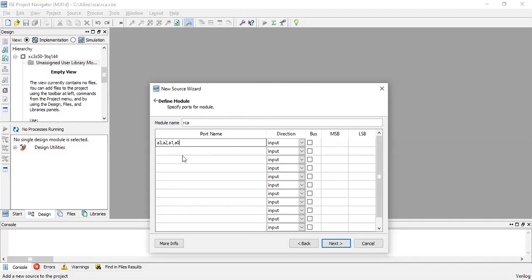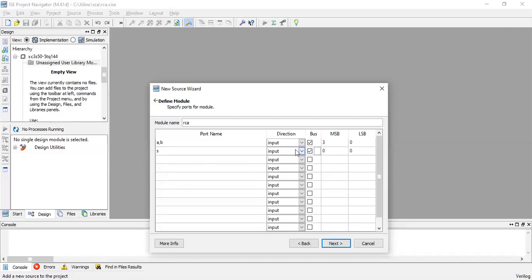If you write it individually like this, A3, A2, A1, A0, this is scalar format. You can write it in vector format. So let me write it as A comma B, and I will write bus. So it is A3. What was the MSB? 3. What was the LSB? 0. And let me write sum.